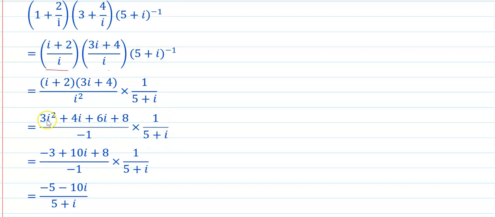Okay. Next simplification. 3i square, i square is minus 1. Minus 1 into 3, you will get minus 3. 4i plus 6i, this is 10i plus 8. Okay. Minus 3 plus 8, you will get 5. So here, 5 plus 10i. And what about the denominator? It is minus 1. Okay, here is minus 1 into 1 upon